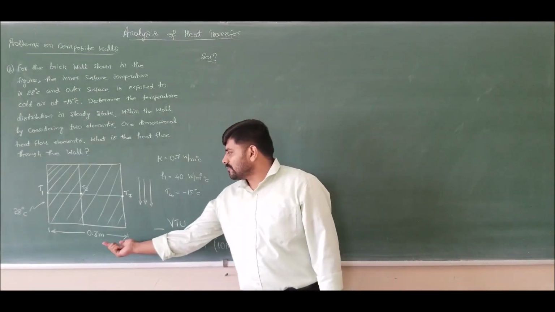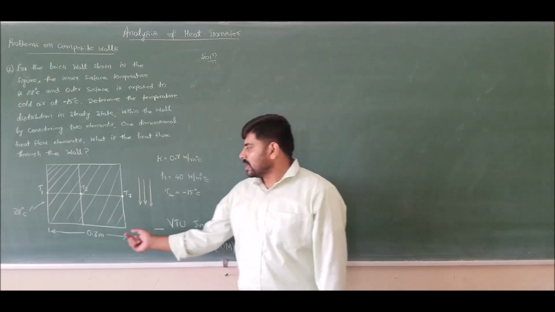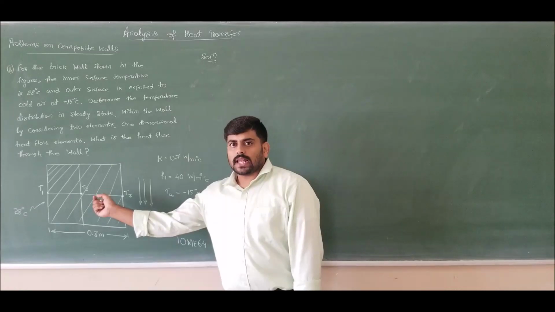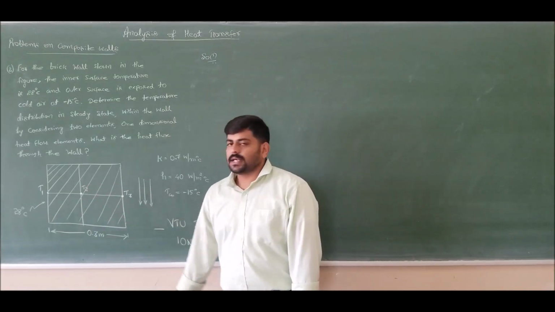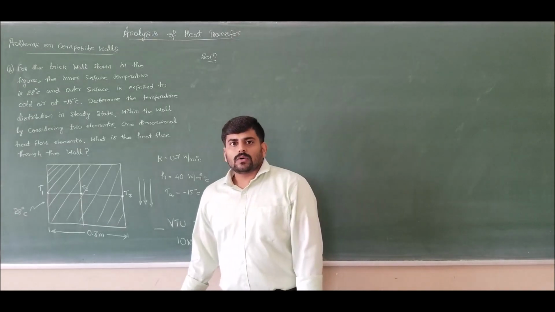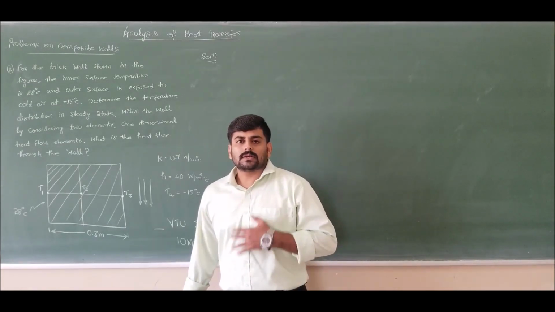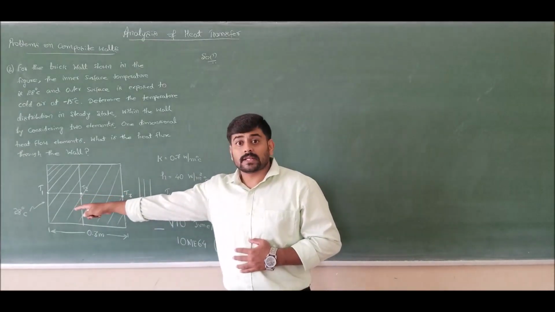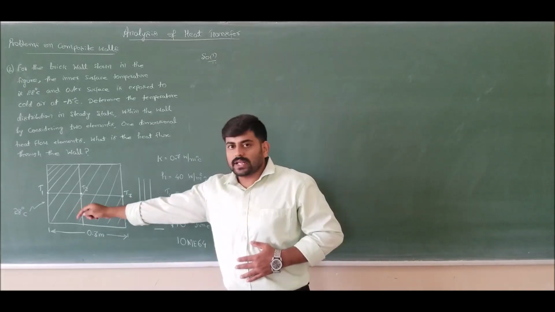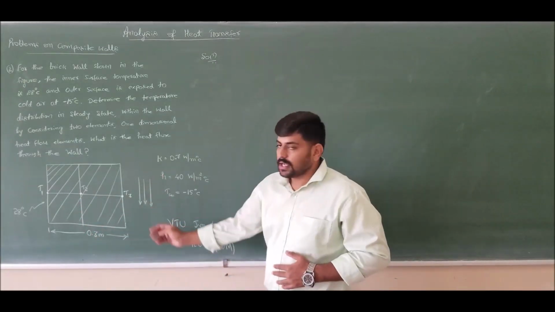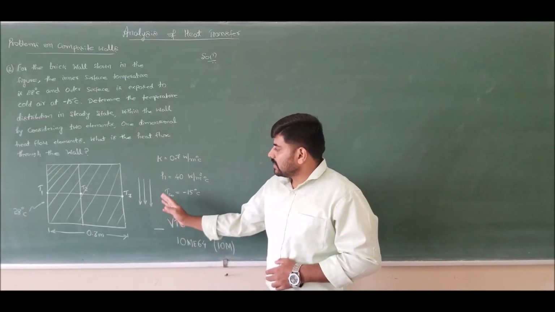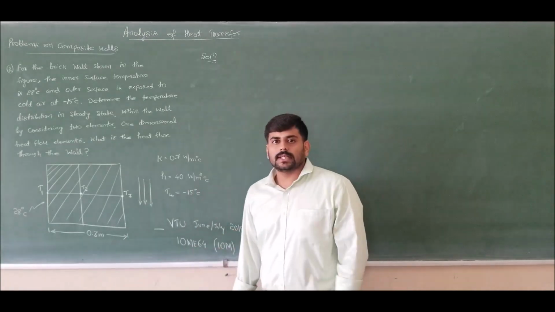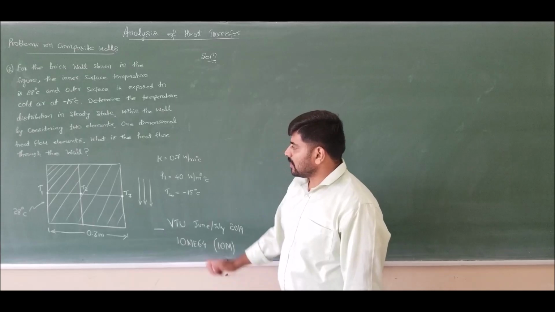So we have a wall of 0.3 meter length. He is asking us to model this problem with two elements, and to calculate the temperatures at points 1, 2 and 3. As we all know, to solve the problems of composite walls, a minimum of two boundary conditions are required. He has given us two boundary conditions. The first is a specified temperature boundary condition at node 1, which is 28 degrees Celsius, and the second is the convective boundary condition at the right end, with a convective heat transfer coefficient of 40 watt per meter square degree Celsius. Let us solve this problem.